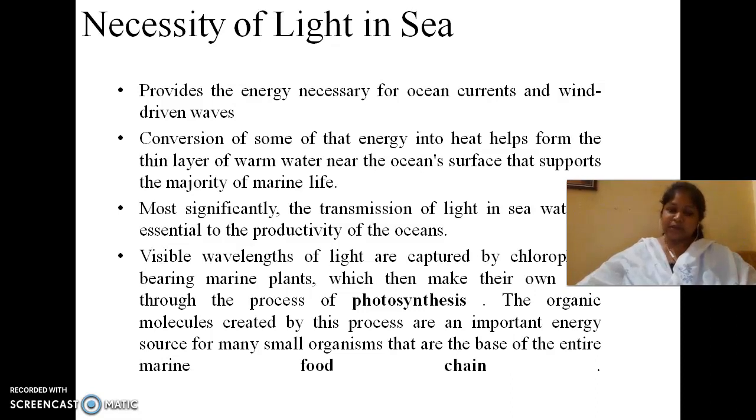So basically what happens, the unicellular organisms in the ocean take the sunlight and carry out photosynthesis, and after that they become the food of the zooplankton, and then the zooplankton is eaten by higher organisms. So basically whatever energy is redistributed among the marine organisms is by food or the food chain. So whatever we consume from the ocean is basically sunlight.